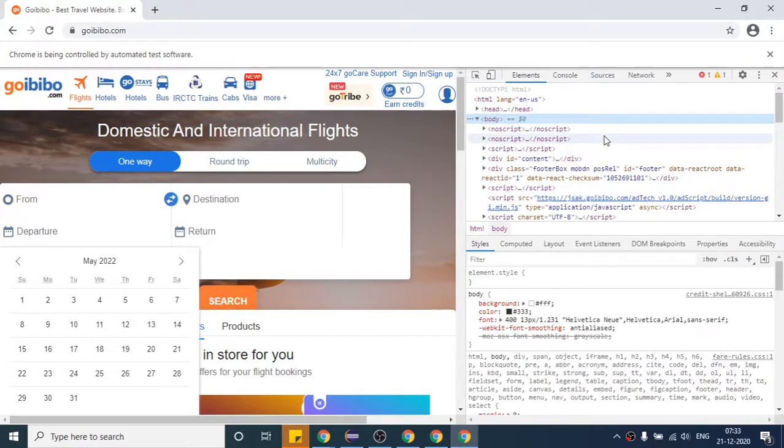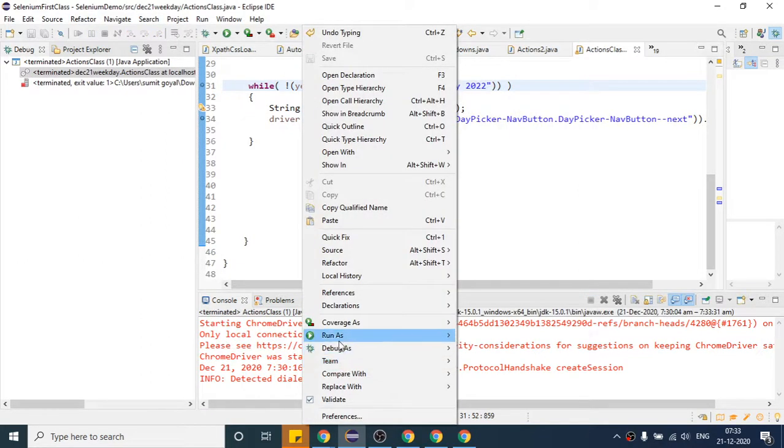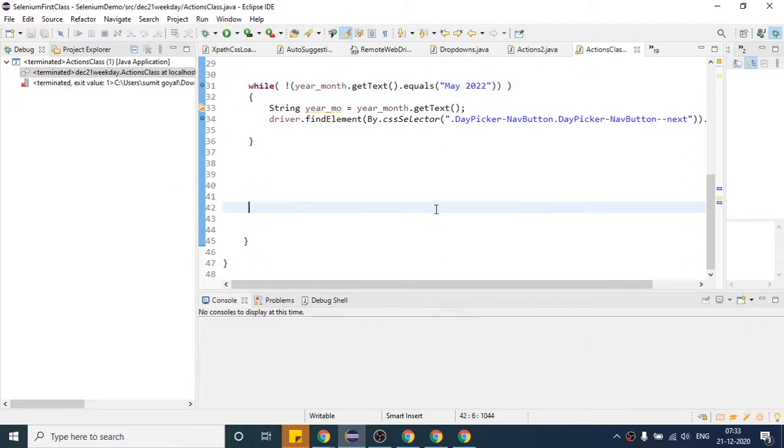So let me write here May 2022. If I just run this program, you will see it will come to that point by clicking on the next button.